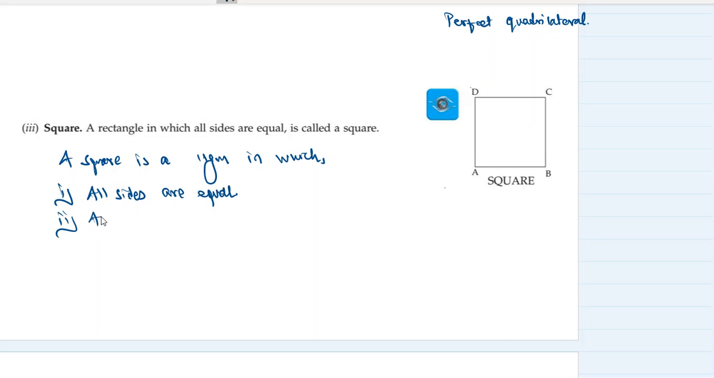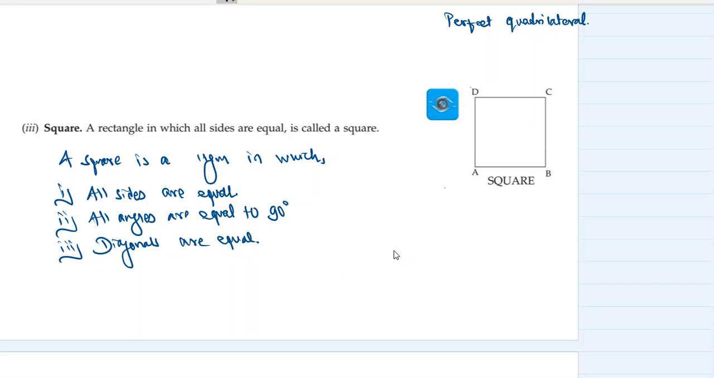नंबर टू, all angles are equal to 90 degrees, सारे एंगल्स राइट एंगल्स होते हैं। नंबर थ्री, diagonals are equal. देख रहे हो ये प्रॉपर्टी रोम्बस, सॉरी, रेक्टेंगल की है, वो भी प्रॉपर्टी होती है स्क्वायर में। Then diagonals bisect each other at 90 degrees. इसके डायगोनल 90 डिग्री पे बाइसेक्ट करते एक दूसरे को।